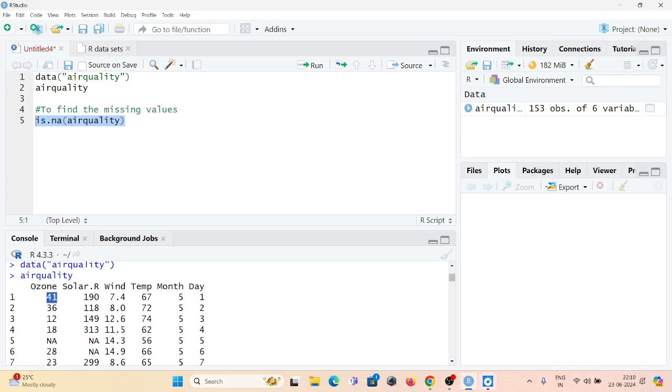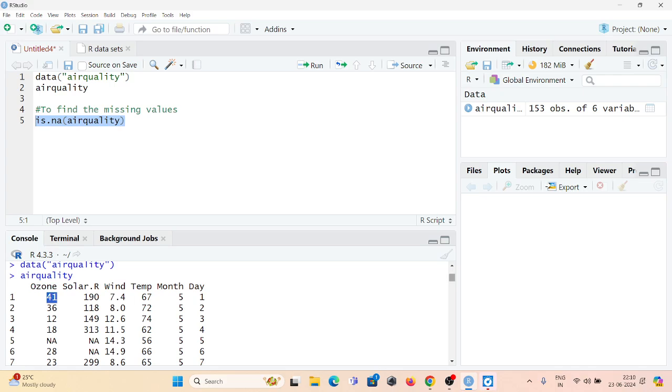And for 41, the is.na function will check whether the air quality data consists of an NA value. So here we are getting 41. This is the actual value. This is not the NA value. So in this cell, we can say no, the air quality data set at this point does not contain the NA value. That means it will write FALSE here. We are checking for NA value, but it doesn't contain an NA value for this cell. So we will get FALSE here.